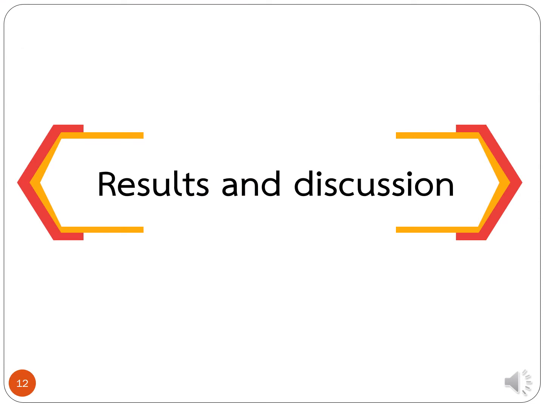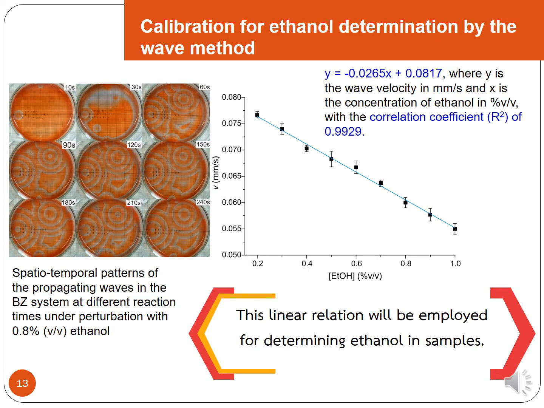Result and discussion. When we study the propagating wave, for example, shown here is the spatiotemporal pattern of the BZ wave under the addition of ethanol concentration 0.8. We will see the propagating wave in the petri dish, and we found that when we change the concentration of ethanol,